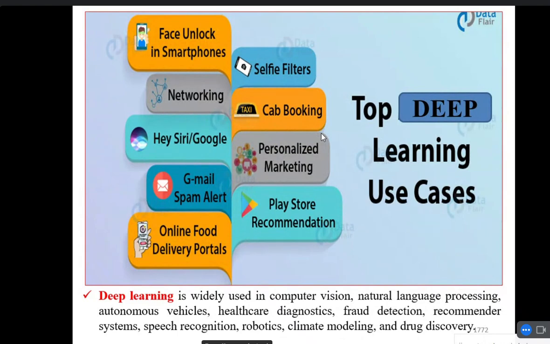Then these are the top deep learning use cases. Especially we use it for face unlock in smartphones, because we train on so many faces.